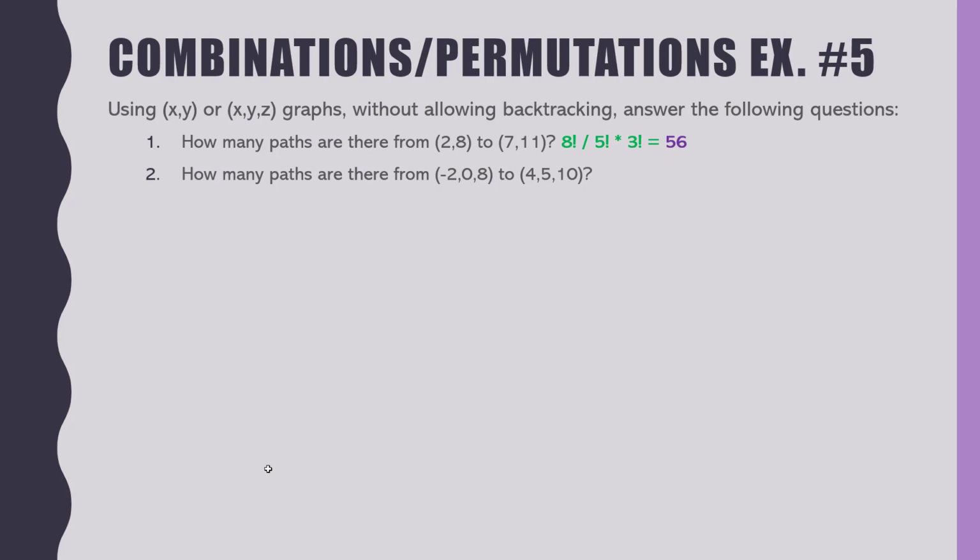Next one, same exact story. I need to go from -2 on the x-axis to +4. How many changes is that? That's 6 just along the x-axis. And how many from 0 on the y to 5 on the y? 5. And how many on the z-index? I'll call it out from 8 to 10. 2. So what's the total of that? I didn't add that up in my head. That's 6, 13. So 13 factorial is the total possible scenarios where I could move, except